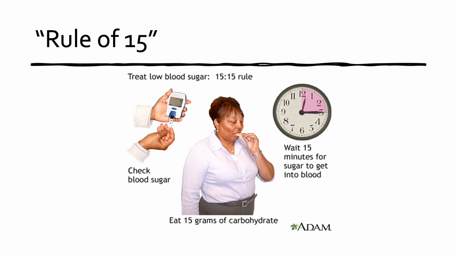So, having low blood sugar may be a great excuse to eat that chocolate bar. But if you eat that chocolate bar, gosh, it's really good, 5 minutes later I'm checking my blood sugar. Oh, it's still low, I get to eat more chocolate bars. Yeah, well, an hour later, you're going to have hyperglycemia, and you've got a whole different kind of trouble going on. So, rule of 15. This is important to know.